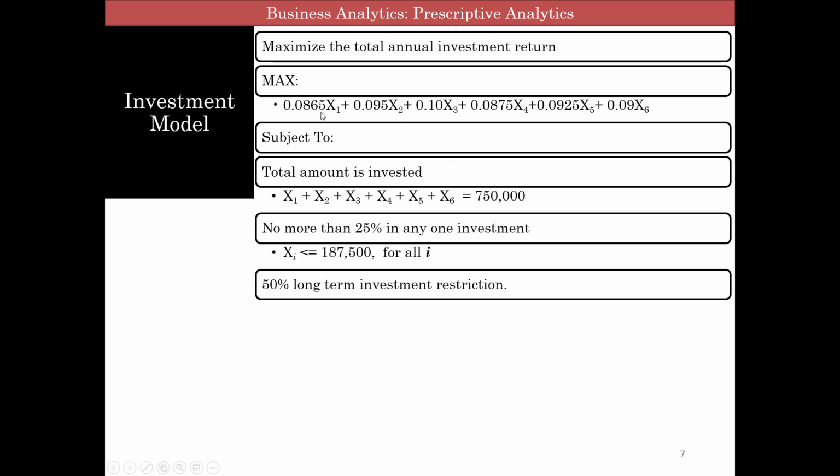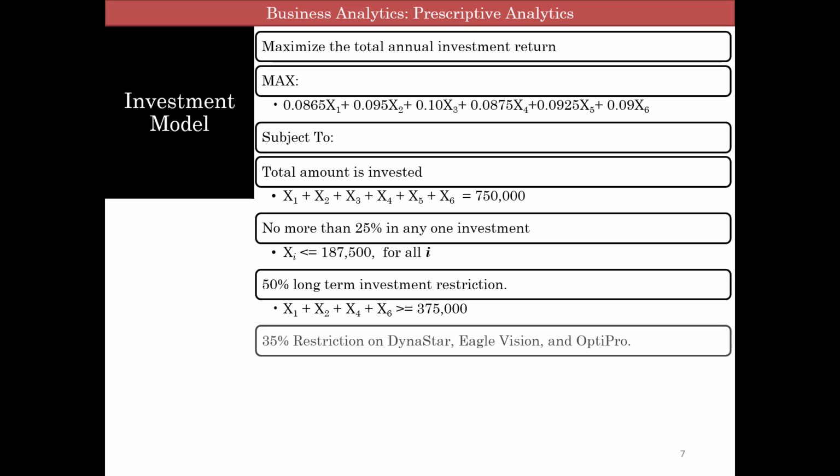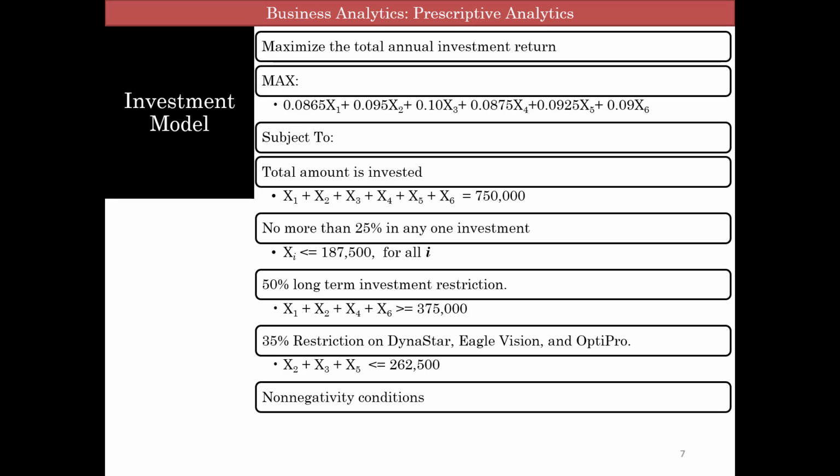x1, 2, 4, and 6 are long-term investments, and they should be more than 50% of your income, that is 375,000, have to be invested in that, right? And then Dynastar, Eagle Vision, and OptiPro should have less than 35%, and that's x2, x3, less than 35% of 750, which is 262,500. And of course, all of them are non-negative, so therefore they all have to be greater than or equal